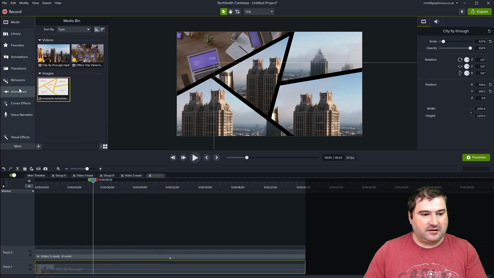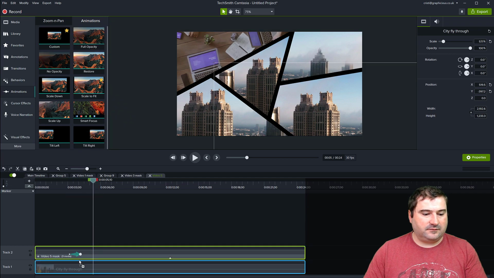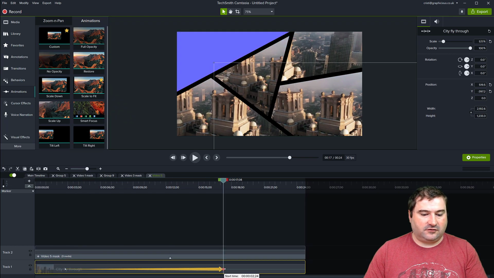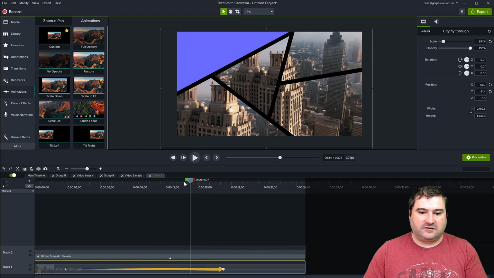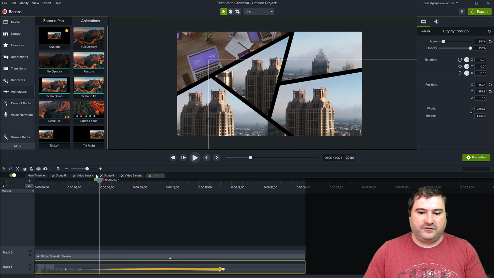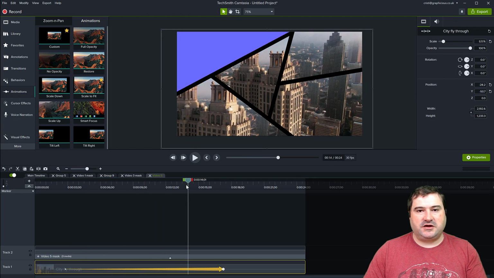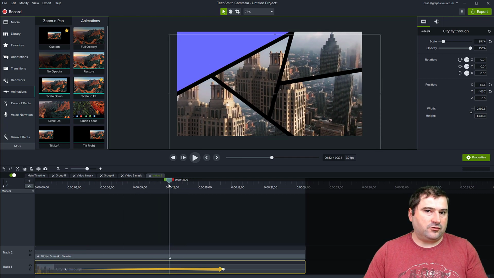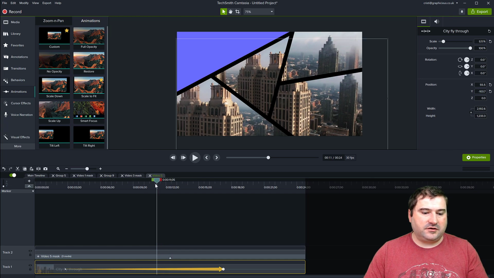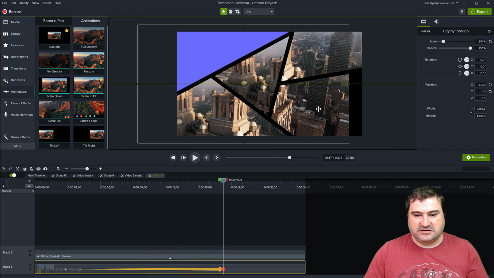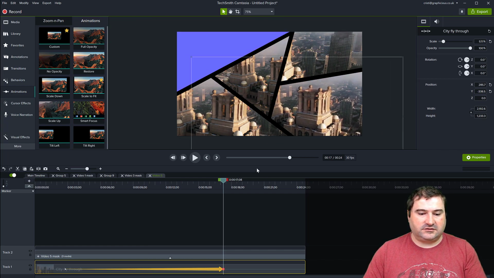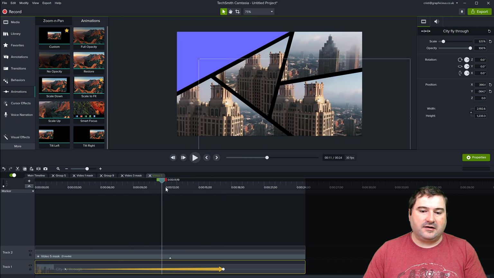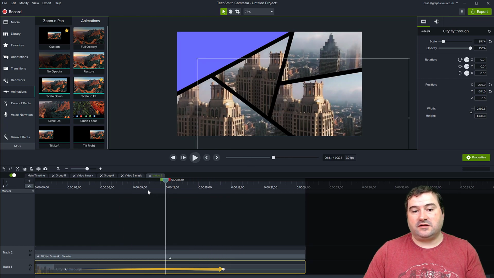You can add a custom animation, go to animations, custom, just drag it there and make it as long as you like. And then during that animation, you can actually maybe shift the video. Let's suppose I'm going to just shift it like this. So you can see now the video moves inside of that shape. Just make sure you move it in such a way that you're not revealing the edges of the video, because if you do, then of course you're going to see a black edge or whatever. So just move it inside of that clip, and then when you play it back, the video shifts, but it still stays within that mask.